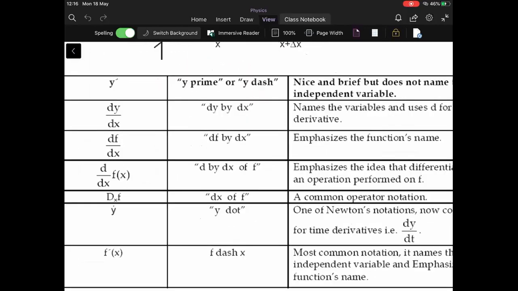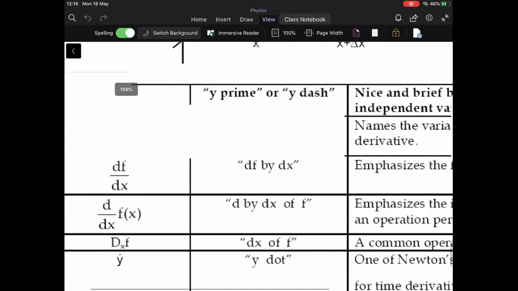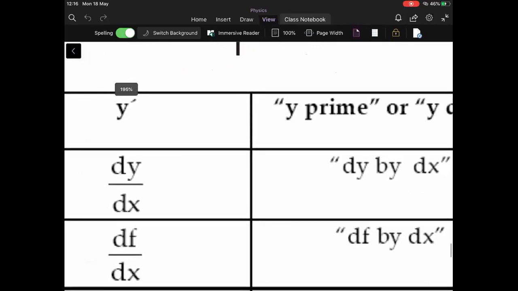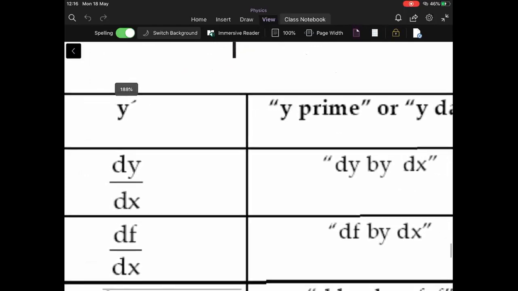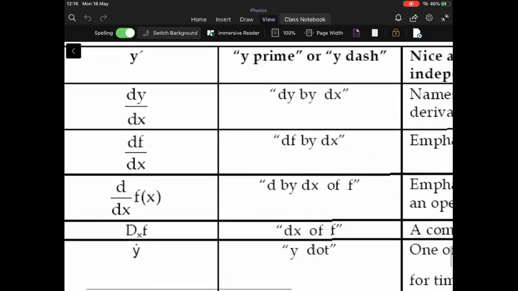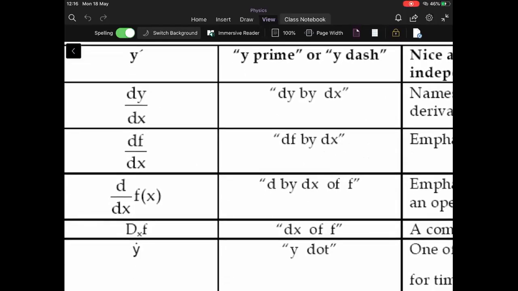So we can call this a y prime. Okay, the first one is y prime. Only one dash is there, that is y prime. That also signifies that we want to find the dy by dx. Then the other way is dy by dx, or we can write df of dx. That means f is the function of y relating with x.